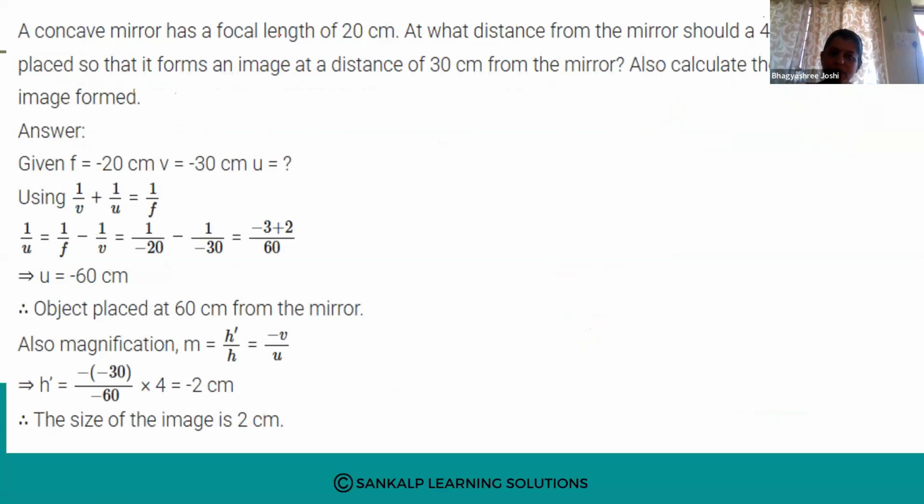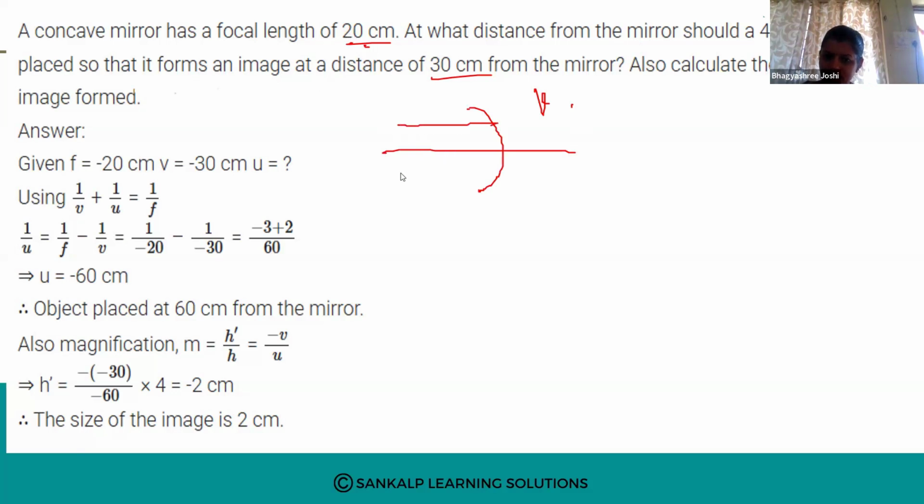A concave mirror has a focal length of 20 centimeter. At what distance from the mirror should a 4 centimeter tall object be placed so that it forms an image at a distance of 30 centimeter from the mirror? Also calculate the size of the image formed. The size of the image formed we don't know, right? Here the focal length is 20 centimeter, and here we are using a concave mirror, right? So in a concave mirror,